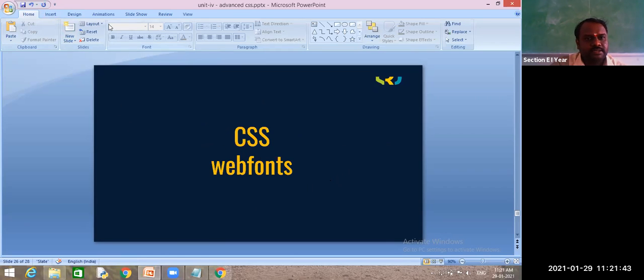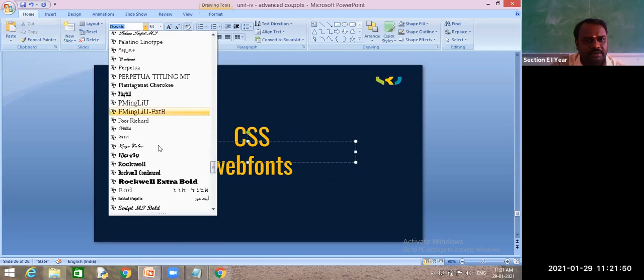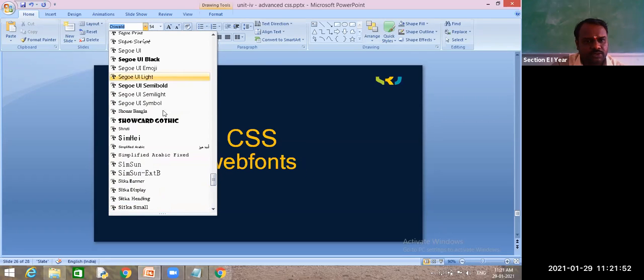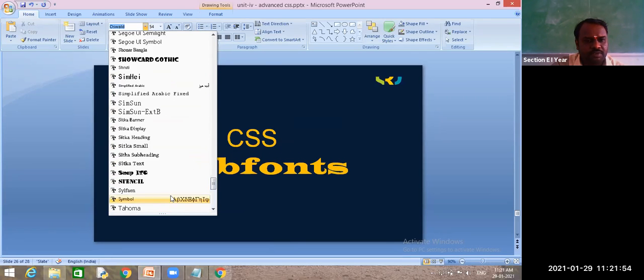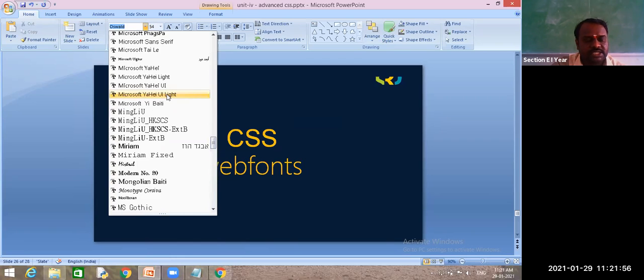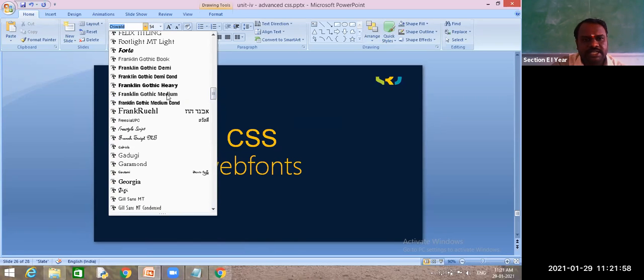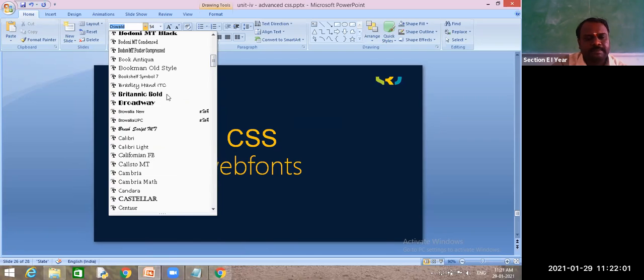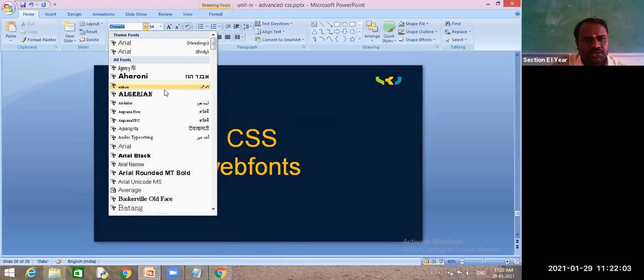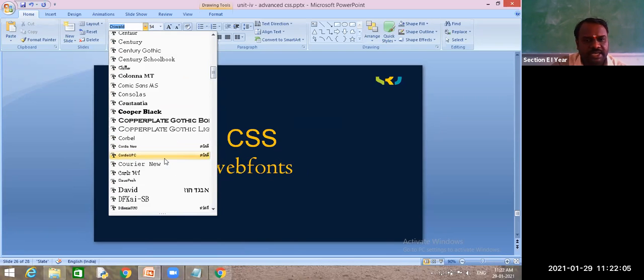See friends, here you can see these many different types of fonts. These many different types of fonts are present in your system. When you install MS Office, along with it you can see these many different types of fonts.